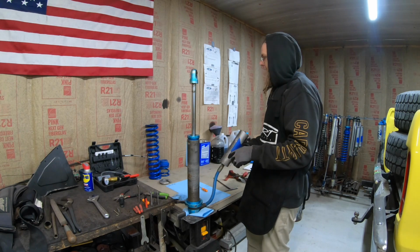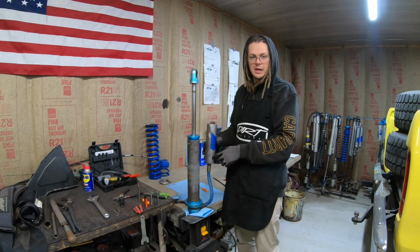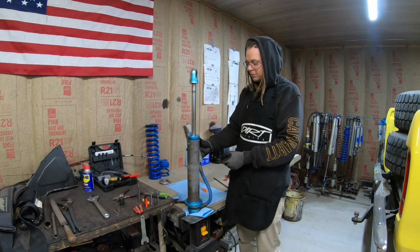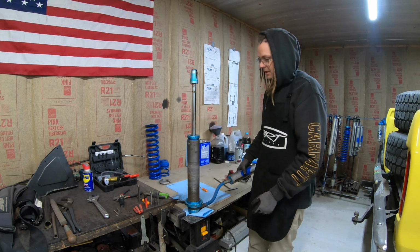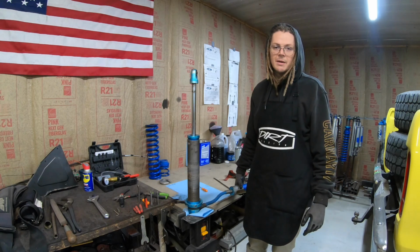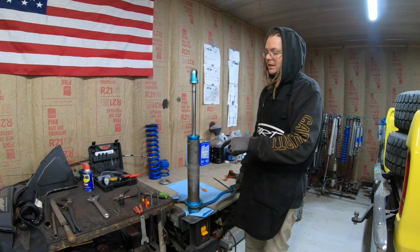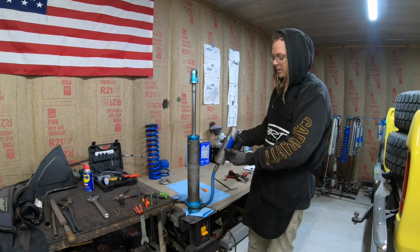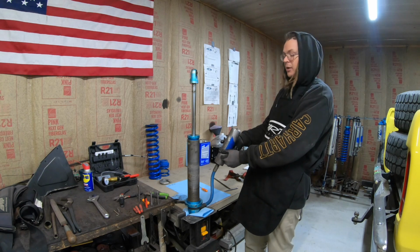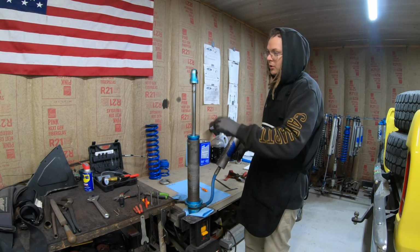So I'm going to guess that the other front shock, this is the first one I've torn into, they're both leaking like this, so these shocks are definitely blown out, and I'm going to have to do that with both of these. So just something I was going to show you, something that maybe if you have your shocks laying around, they've got leaky seals, or you drain the nitrogen charge and you hear a click in there, which is the IFP pushing up and clicking into the bottom of this cap,